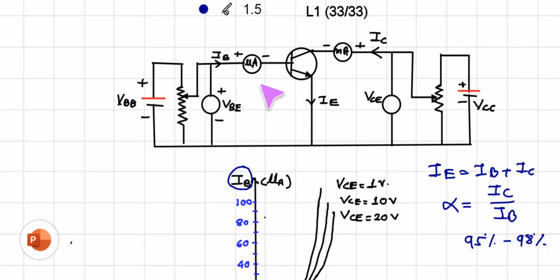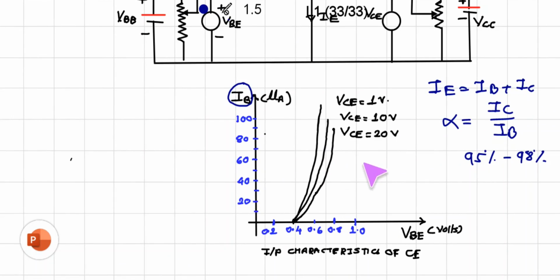We know up to knee voltage there will be no current, but after knee voltage there will be a sudden rise in current. So here you see this, VBE 0.2, 0.4, 0.6. Here we have considered a silicon diode. So from 0 up to 0.2, up to 0.3 almost there is no current, but after 0.3 there will be a slight rise in current, remember that. Then when VBE is increased there will be a sudden rise in current. So here, VCE is equal to 1, 10 and 20 volt, the graph shows.